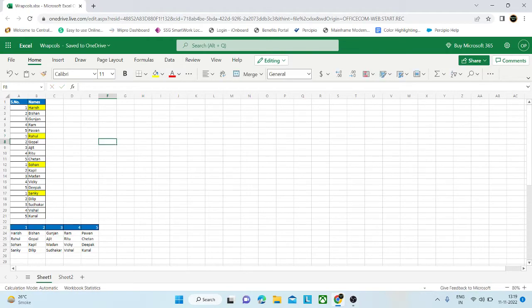Hi guys, once I received this kind of data from the client, and in this we have to segregate names based on the serial number. So, for example, we have serial number 1, and in this we have Harish, and in this same serial number we have Rahul also, and Son also, and Sankey also. So all serial one names we want in the first column, and like we have Vishan in the second